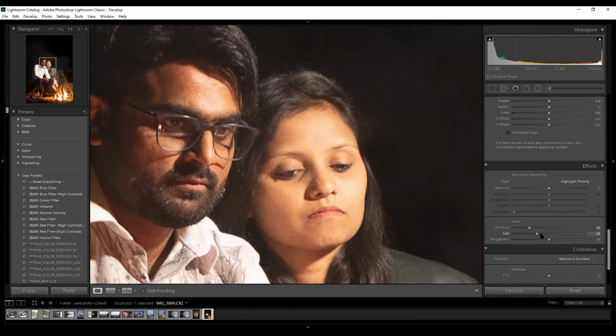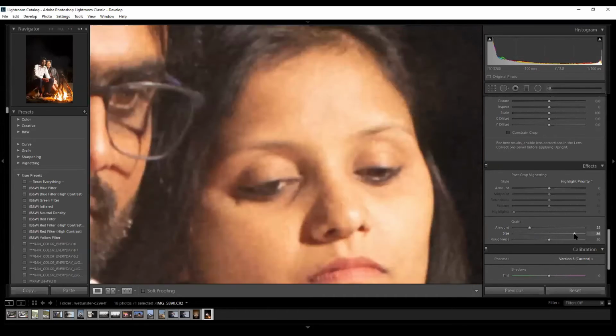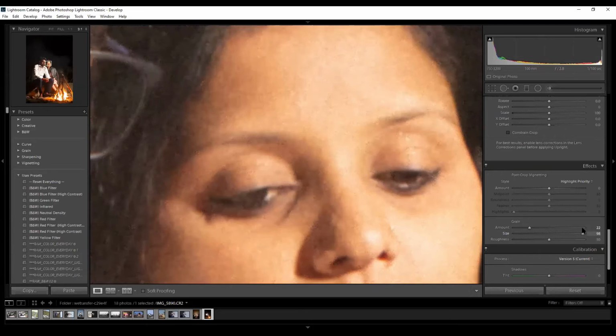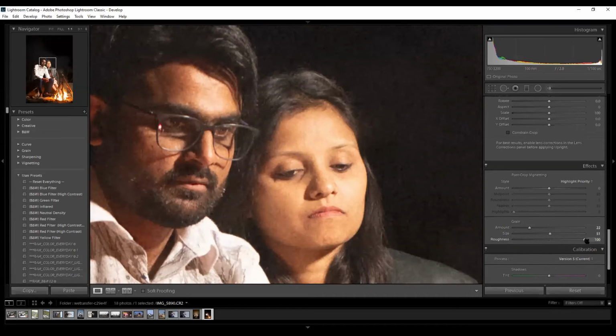Now this is the size. The more you reduce it, the smaller the noise size will be. The more you increase it, the larger the grain size will be. And this is the roughness. The more you increase it, the rougher the grain will be. The more you decrease it, the smoother the grain will be.